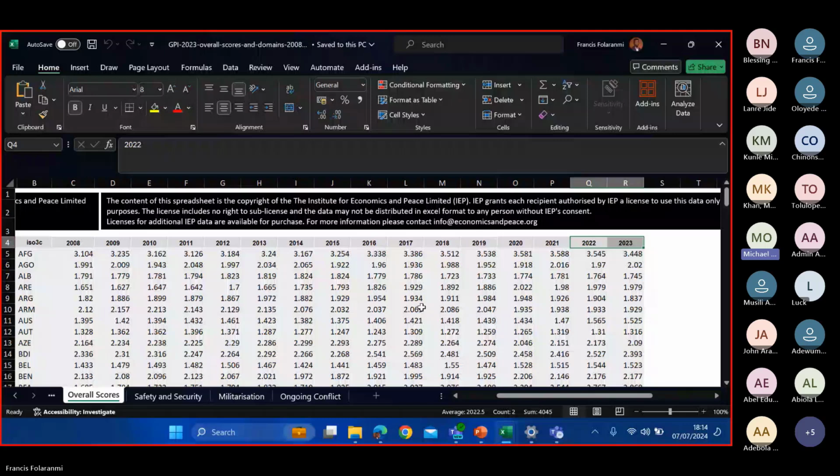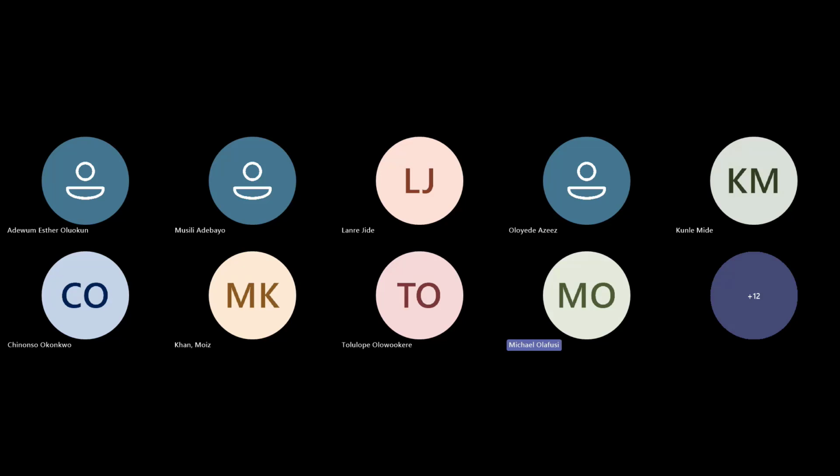Let me see if I can ring his phone. Okay, good. So you can hear me, but you can't hear Francis. I think he has discovered too, because I can see he stopped sharing. So maybe he's disconnecting and reconnecting. Okay. We'll just wait a bit for him to reconnect. But thanks for confirming. At least you've helped us to identify that the issue is from his end. So we are just waiting for him to reconnect. I guess he's trying to reconnect.